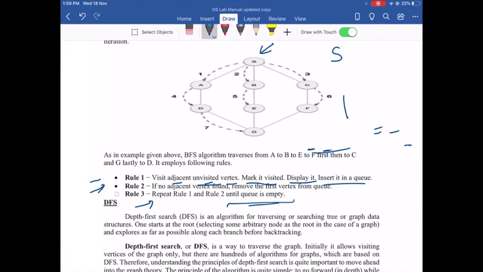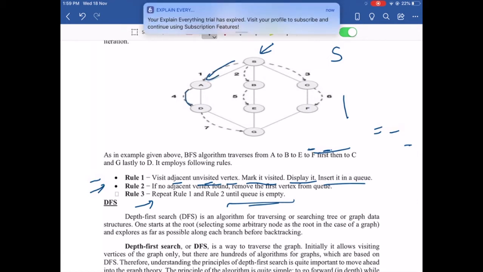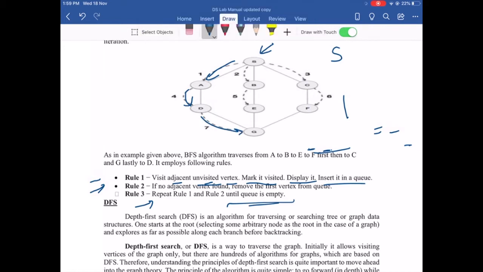So starting from S, it will first visit A. From A it will go to the next level D. From D it will go to next level G. From G it will go to E. From E it will go to B. When it looks from B, the only node that it can reach is S, which is already visited, so it will go back one level. From E I cannot go anywhere else, so come back to G.